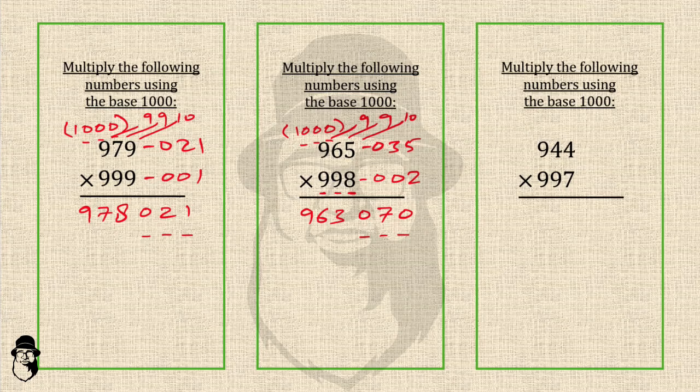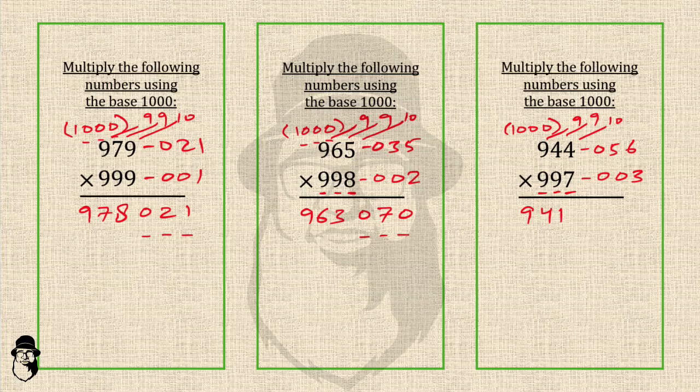And this is the last question of this video. Here the base is 1000, 9 from 9 is 0, this 4 from 9 is 5, and this 4 from 10 is 6. And here 9 from 9 is 0, 9 from 9 is 0, and this 7 from 10 is 3. So first part of the answer is 944 minus 3 is